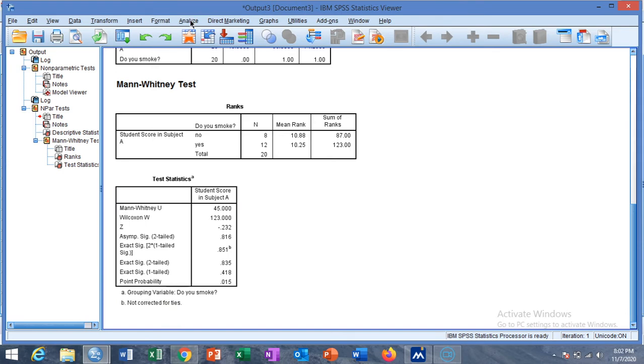So this was Mann-Whitney U test for comparing two sample medians or two population medians.